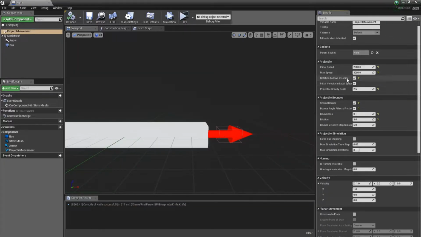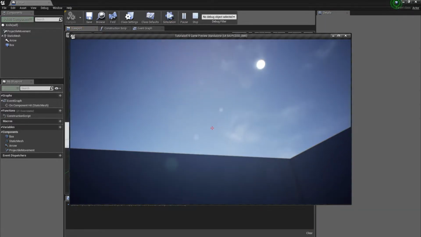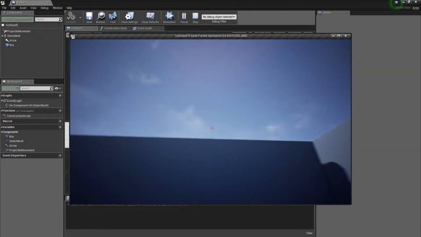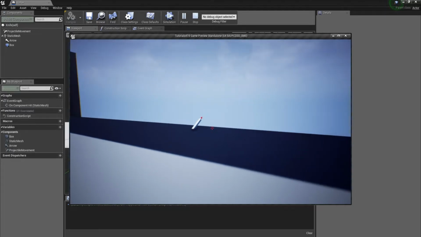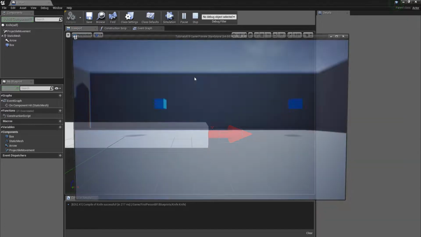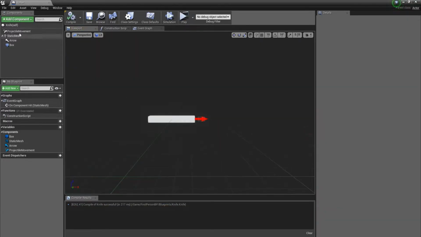And yeah, then you'll need to check rotation follows velocity. The reason why you need to do that is so it looks a lot better. As you can see here, the projectile is not going to rotate itself, it's just going to stay like this. So this is why it would be good to check that. As you can see right here. Okay, then